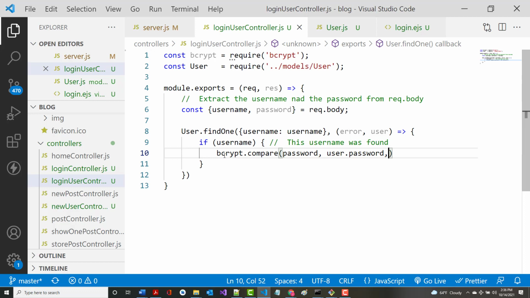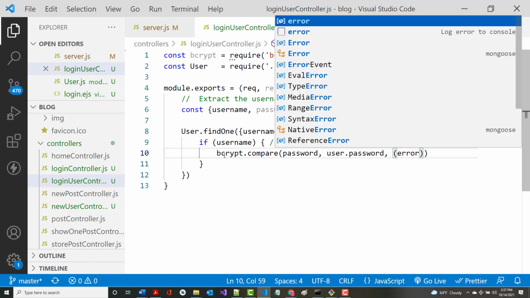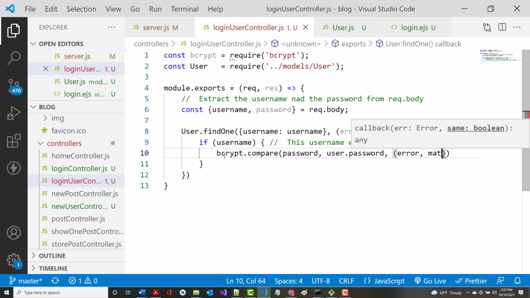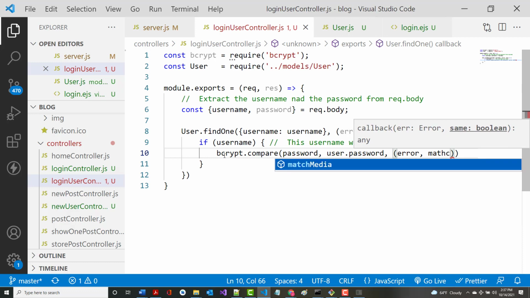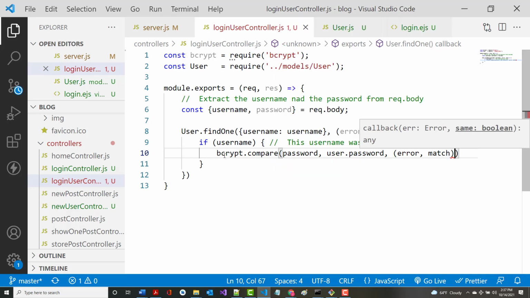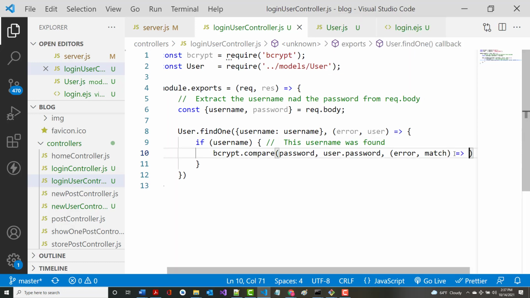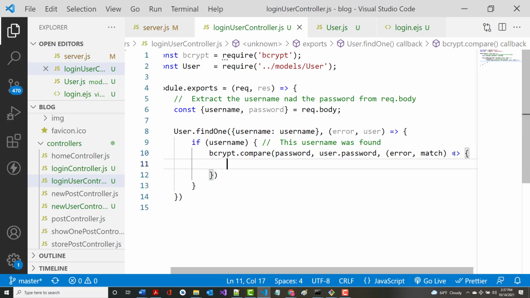All right? And when we do this, one of two things is going to happen. There's going to be an error because they don't match, or they're going to match. You can call this anything you want. I called it match because that's what it's going to do, M-A-T-C-H. Again, if you don't like that name, you could call it something else. All right. So, if there's a match,